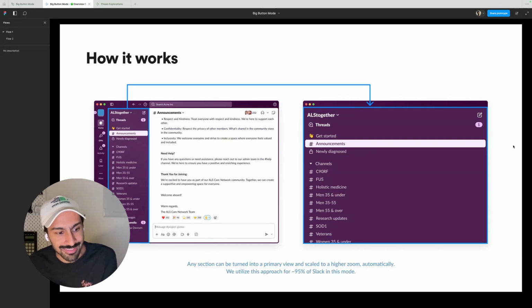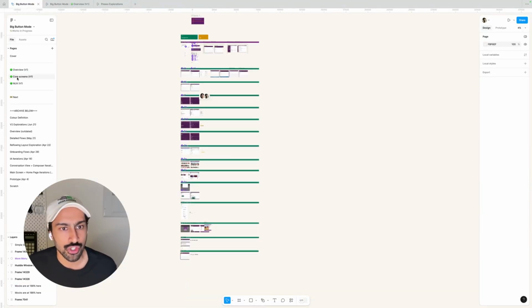And so that changed everything for us because we didn't have to ship a watered down version of Slack. We can ship all of Slack for someone who needed to use eye tracking technology. How freaking cool is that? So what we ended up shipping